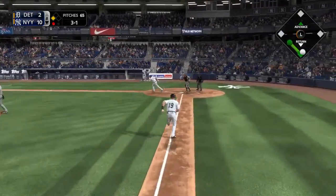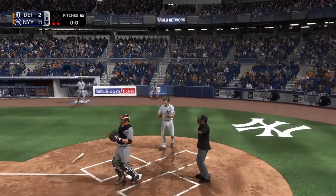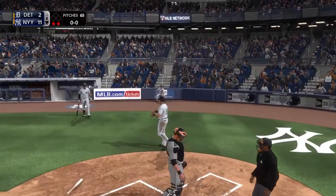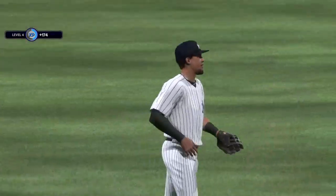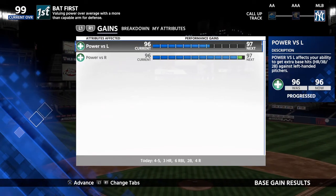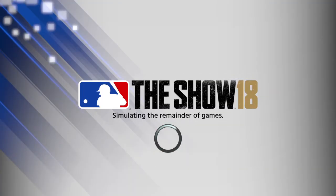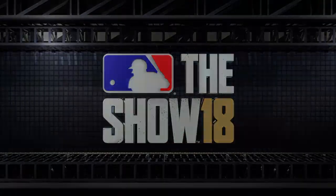On the ground to the right side. Oh, what a play to first. How about that? Well, just an excellent job right here closing this one out. He just collected the first save of his career. Got to start somewhere. About set for